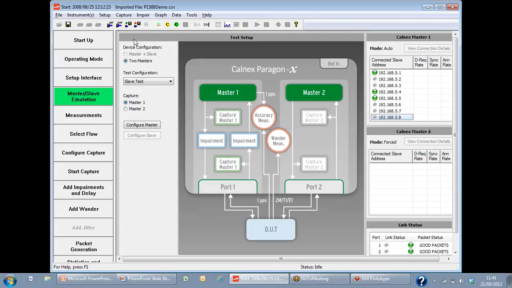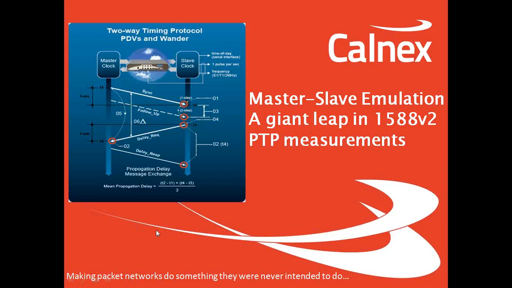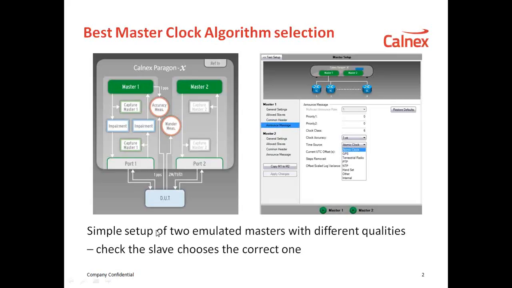The Paragon-X can emulate one master and one slave, or two masters. These two configurations are mutually exclusive. Now we'll cover master-slave configuration, but first of all we'll demonstrate the two masters configuration. First of all we'll go to a slide and show the best master clock algorithm. So two master testing allows for evaluation of best master clock algorithm, BMCA, functions within slaves, where different master parameters